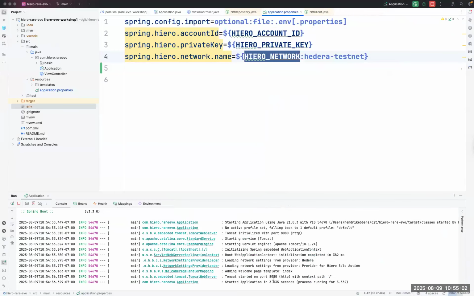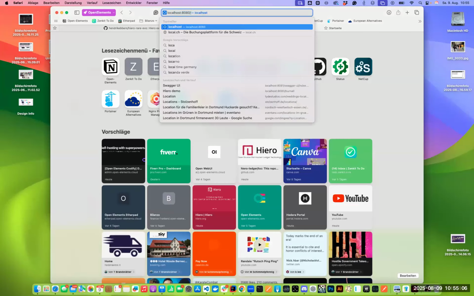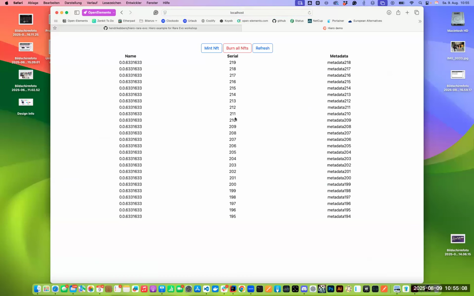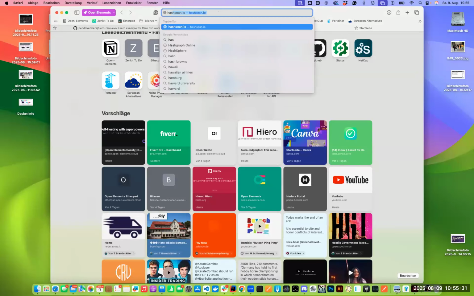So I started the application, and this application is now running on localhost 8080. And as said, it's a very basic application. You can see I have a lot of NFTs already minted on my account at testnet. I can now just click mint NFT, which will mint a new NFT. If I refresh here, we see a new NFT has been minted, and we can see exactly that when going